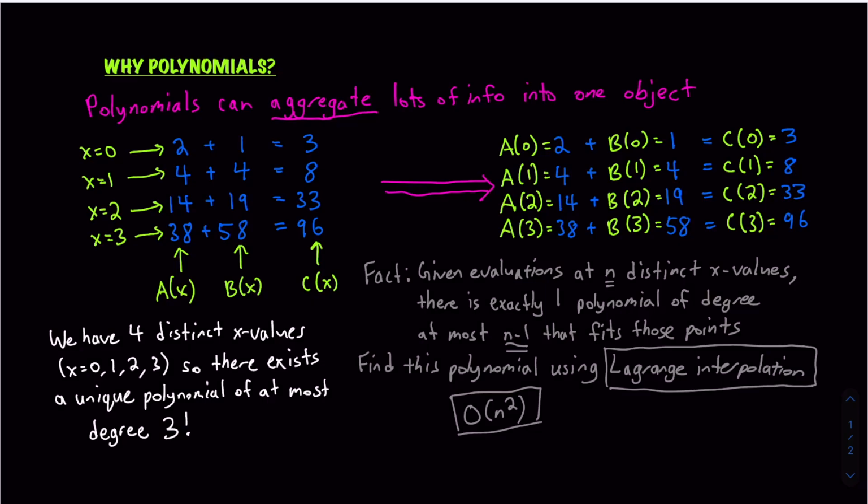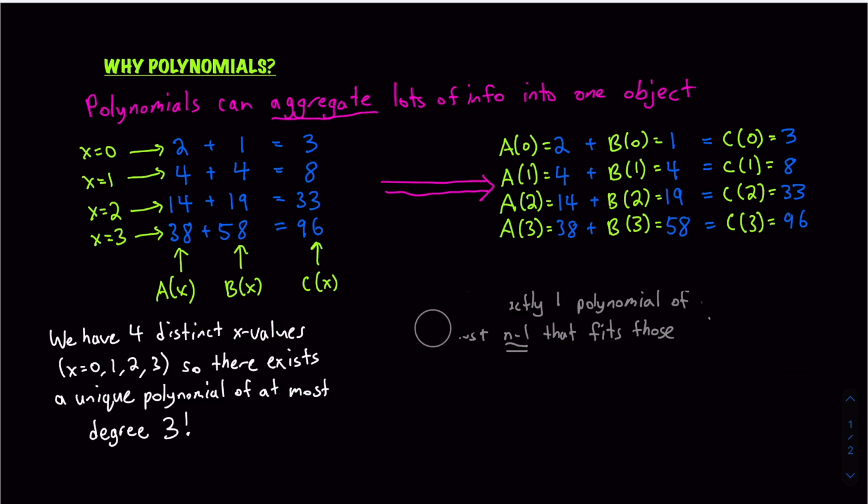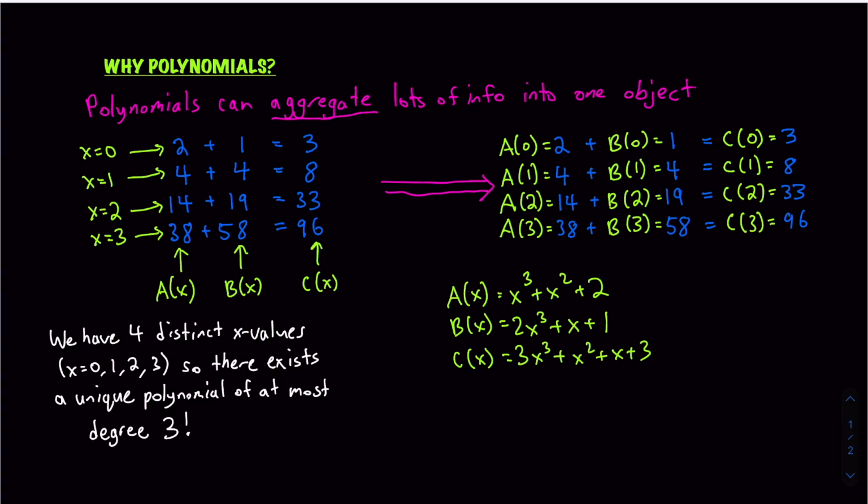The important takeaway is that these polynomials are guaranteed to exist and be unique. I've gone ahead and constructed those polynomials for you, and they look like this. A of x equals x cubed plus x squared plus 2. B of x equals 2x cubed plus x plus 1. C of x equals 3x cubed plus x squared plus x plus 3. Take a moment to check this for yourself. If you plug in x equals 0, 1, 2, and 3, you'll see that each polynomial produces exactly the values